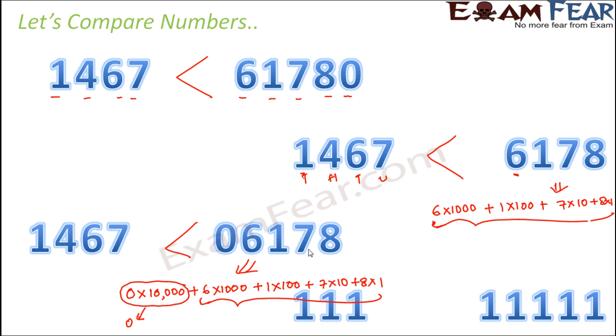Let's look at another example, 111 and 11111. So here you have just one digit being repeated a number of times. So in this case it is repeated 3 times, here it is repeated 5 times. So here it has more number of digits, so this is a bigger number. So in this fashion you can compare numbers. So even if you are given larger numbers, you can follow these rules. You can look at the positioning of the digits and you can decide which one is bigger and which one is smaller.